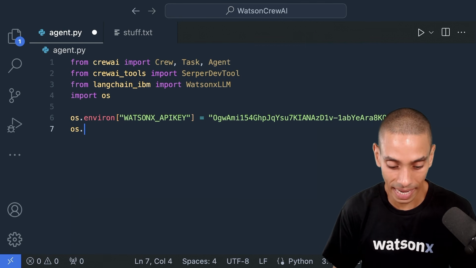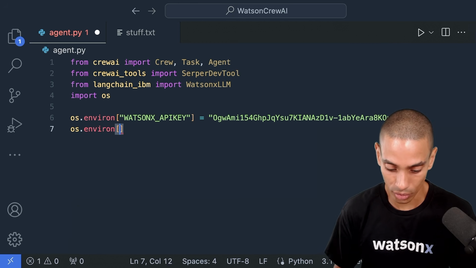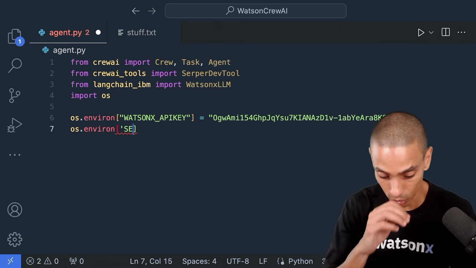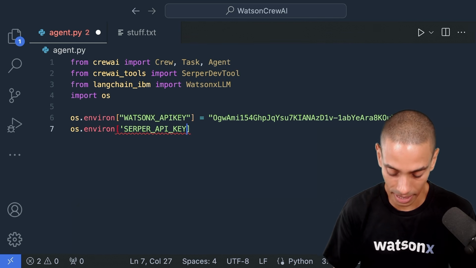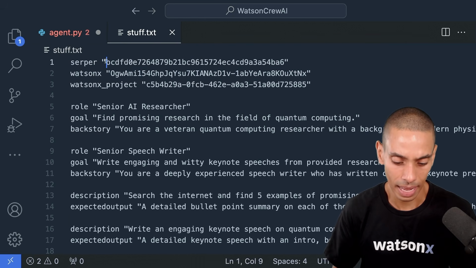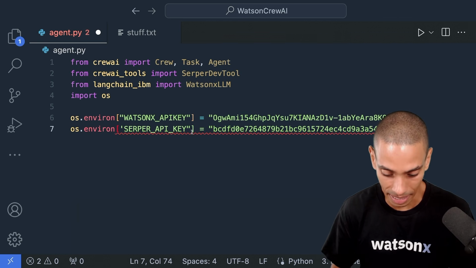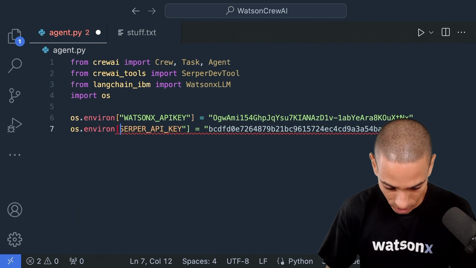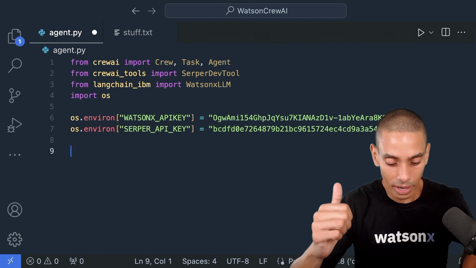And then we also want to set our API key for our SerperDevTool environment. So this is actually going to allow us to interact with the net. So we can set that by passing through os.environ and then setting SERPER_API_KEY. And then we're going to set that to the value that you can get from serper.dev. So you can actually go and register for a free API key and get that up and running. We've got a bit of an issue there, so that's because of our quotes. Okay, cool. So we've now got our API key set.